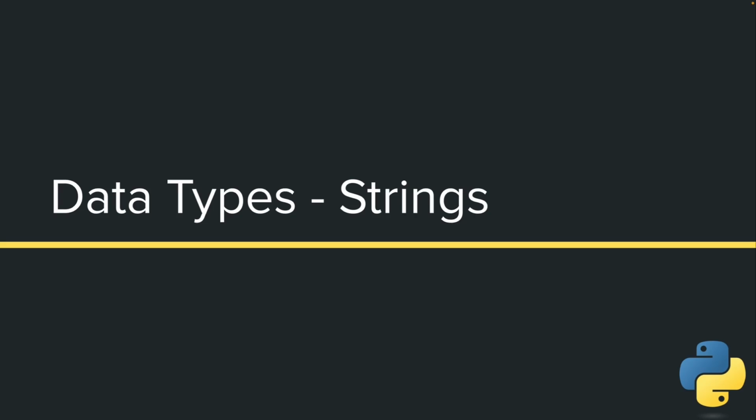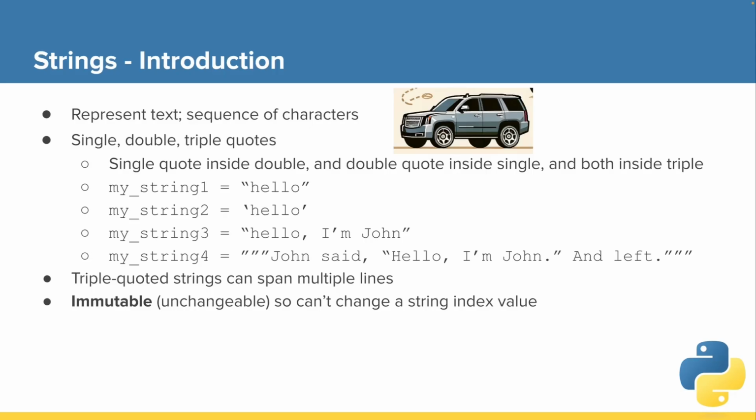All right, let's continue on with this section talking about another data type, which is strings. Just a reminder that we like this vehicle analogy when we're talking about data types. A string is one of those data types that Python understands, and it applies a certain set of rules to and knows that strings can do certain things. So, as an overview, strings represent text, and they are a sequence of characters.